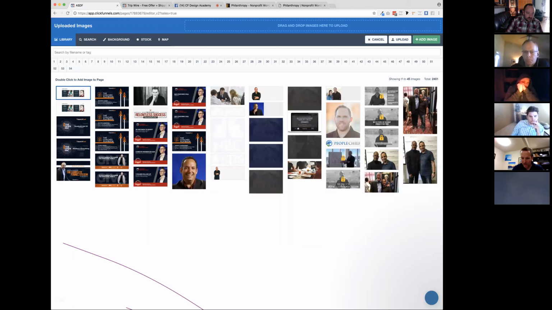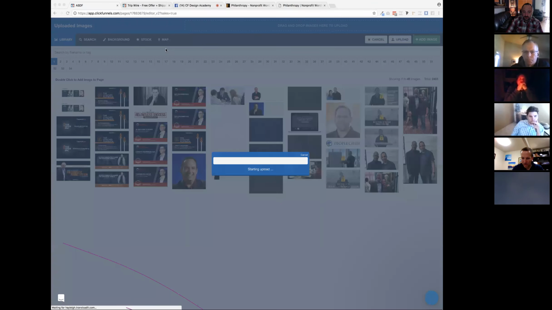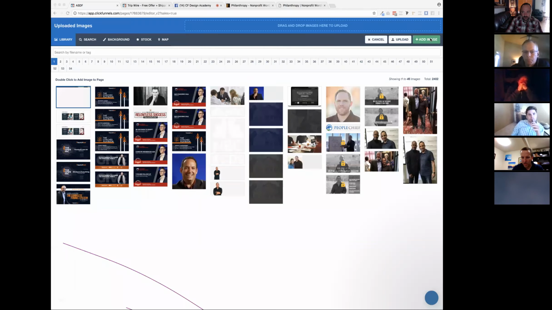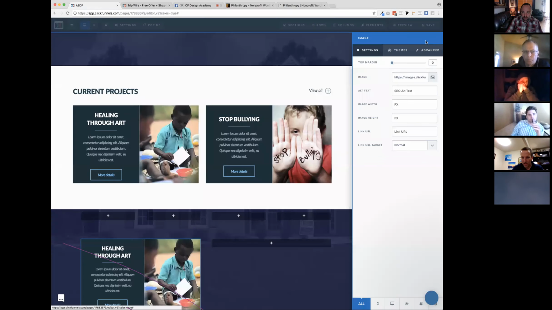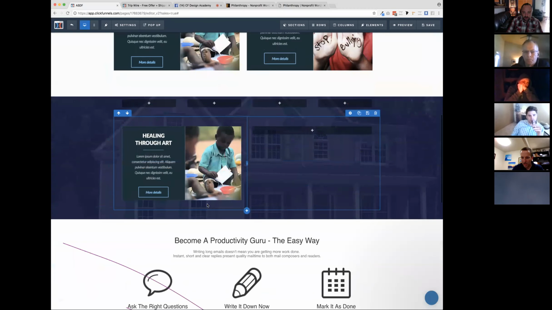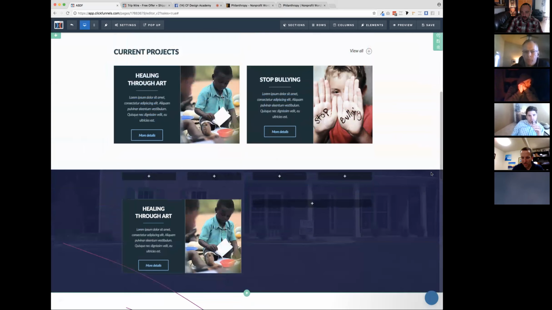Okay, now this is the cheating way. This is how I used to do it when I first started, because I couldn't figure out ClickFunnels enough to make it all work. So I used to design it in Photoshop and drag it in, just use a picture. That's how I started. But now I know how to make it all work, and so I just make it work. But you can just come here and throw a picture in, just like that. And if you throw a picture in and throw a white background on it,